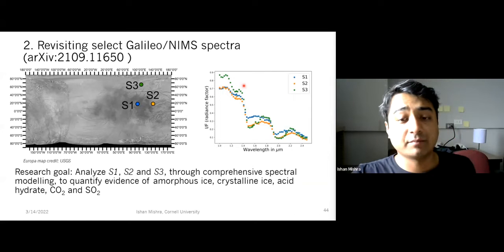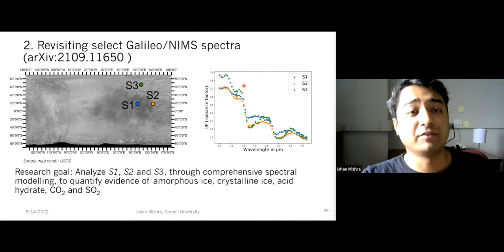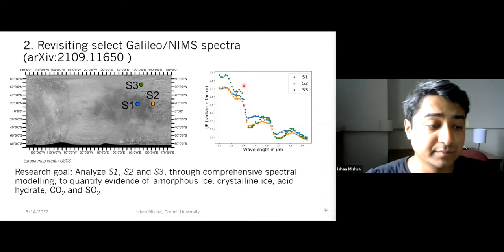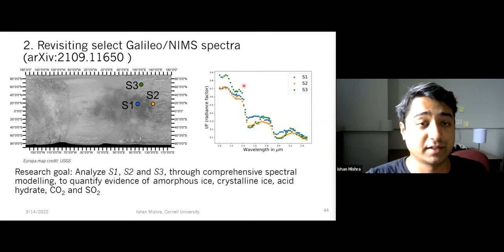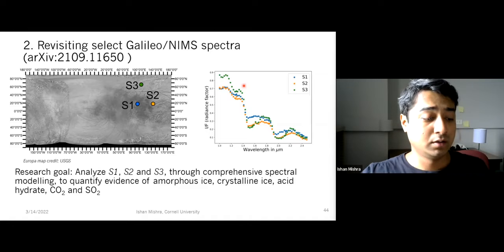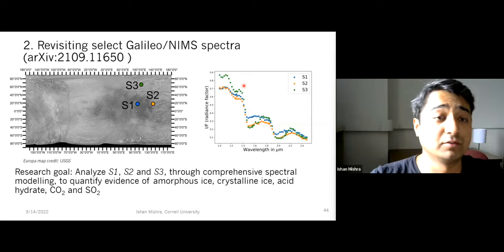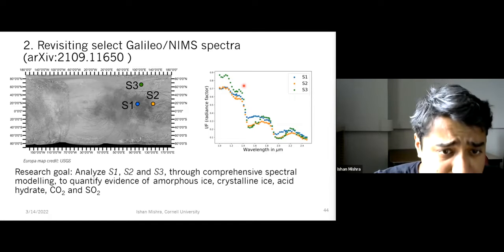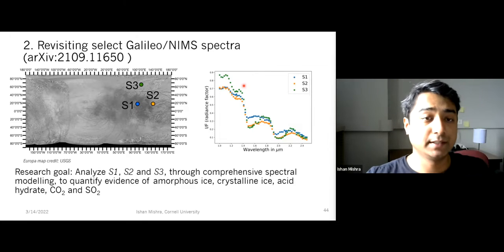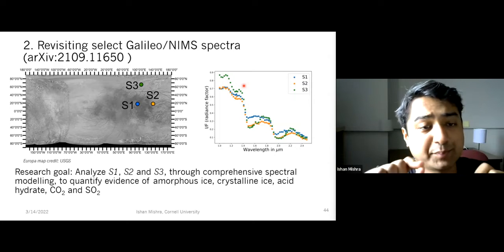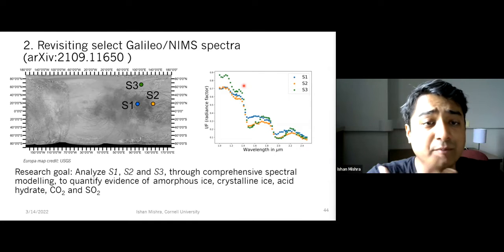Okay, moving on to the second project. Here I revisited select Galileo NIMS spectra of Europa. So Galileo NIMS has been our treasure trove for understanding Europa's surface, because it has given us the most amount of data, and the resulting analysis has given us the most comprehensive picture of what Europa's surface looks like. What we wanted to do was basically go back and, with selected spectra, just do a comprehensive